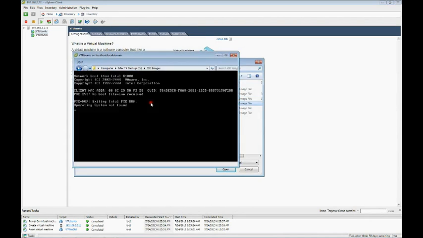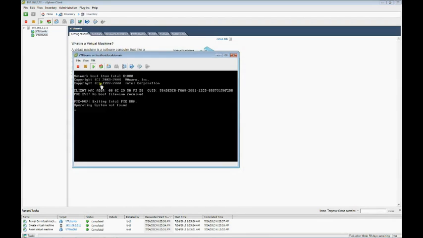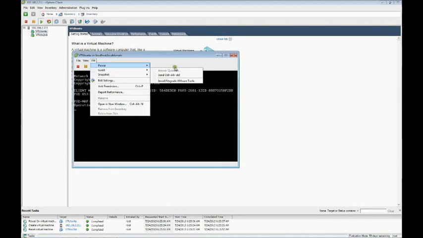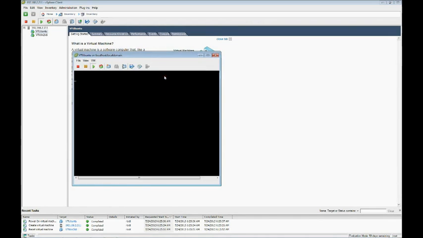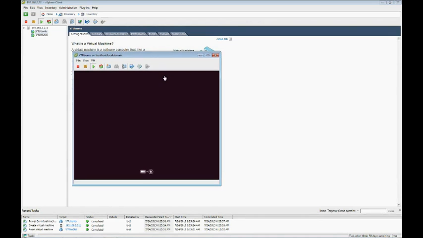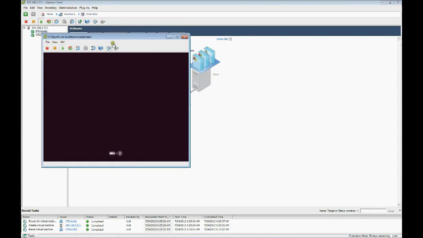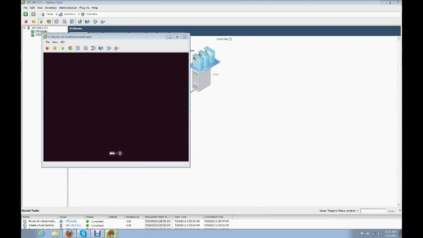And now we'll reboot the guest OS of this VM by going to the guest and sending Control Alt Delete. As you can see, Ubuntu is being installed in this machine, while Windows 2008 is still being installed on